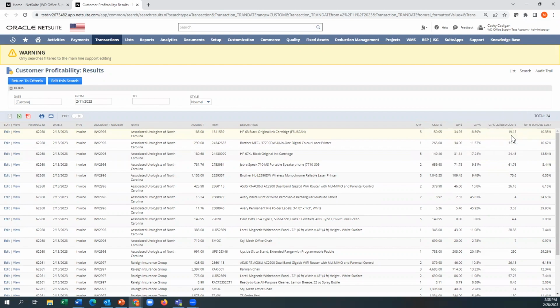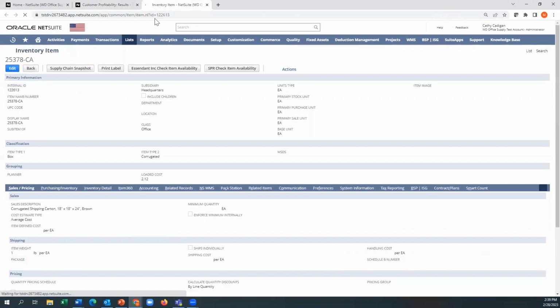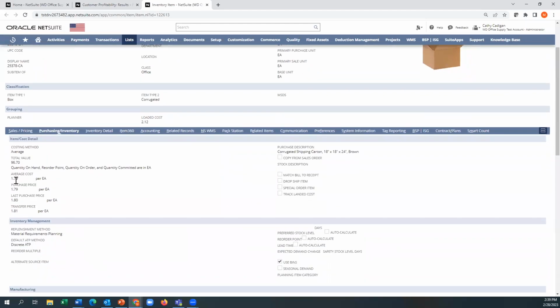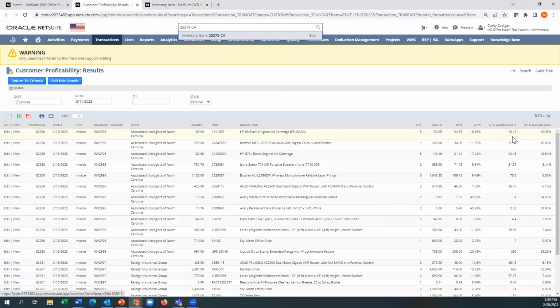But maybe you want to look at that with your loaded costs, right? So maybe you're grabbing this item here, this box, and we're looking at our average cost, our purchase price, our last purchase price, our transfer price, and our loaded cost. So NetSuite is simultaneously keeping track of all of these costs. And in this case, I'm looking at my profitability with loaded costs and without loaded costs, right?